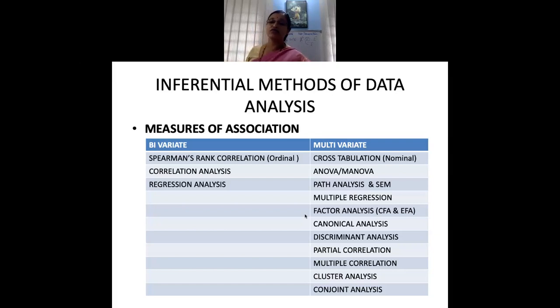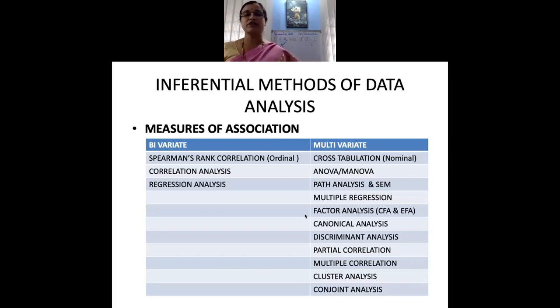Let us say I want to know whether the profit is dependent on the sales. So the higher the sales, the higher the profit. This is the kind of relationship I would like to find out. For this, again, I can use a regression analysis where it is X on Y. As a researcher, I should be able to know what technique I will be using at every stage. This is something you need to know as a researcher.